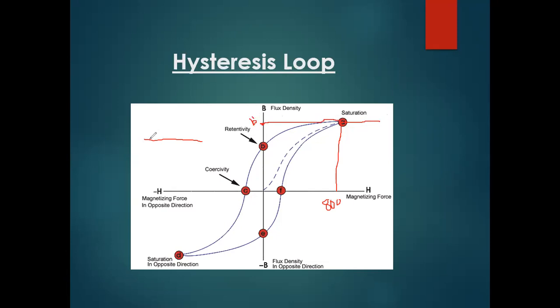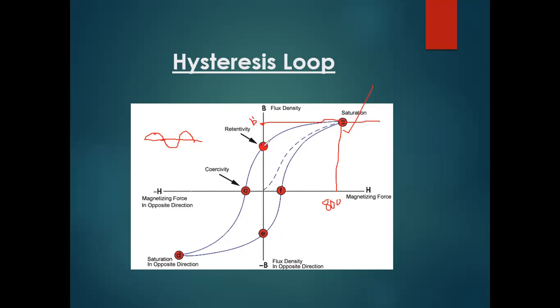Now you know the AC current is flowing from positive to negative, negative to positive. When current is flowing at this point, you will get this point. After that your current is flowing here. In this particular point, there is no current flowing in the specimen. There is zero current in the specimen. The magnetic field we get when current is flowing will be reduced, so this is the residual magnetic field.